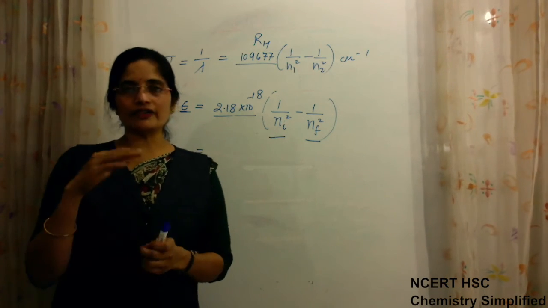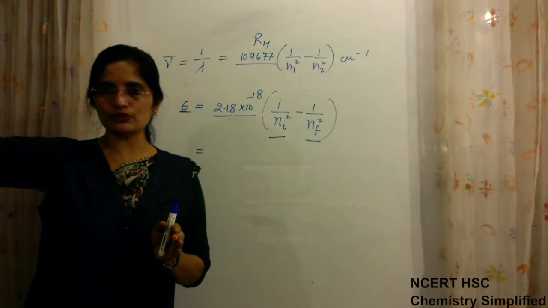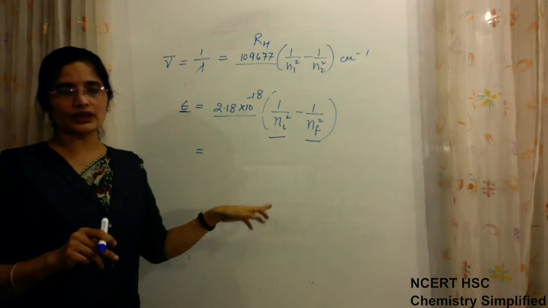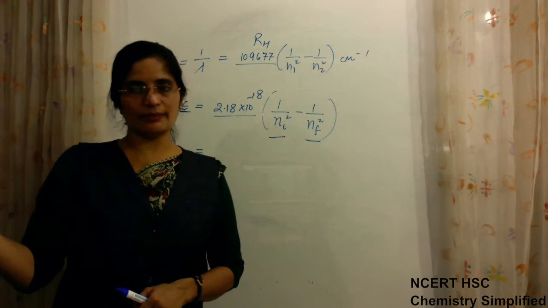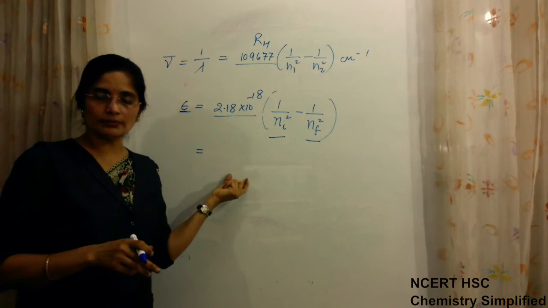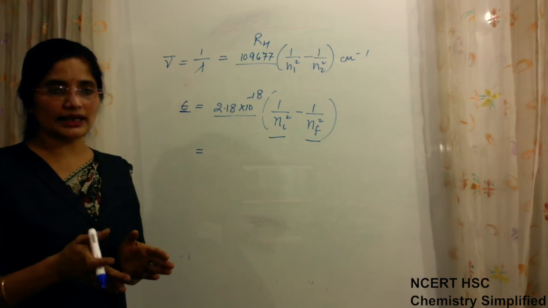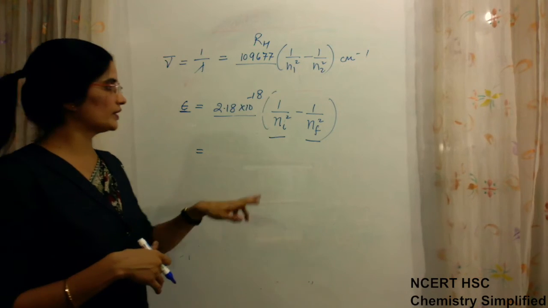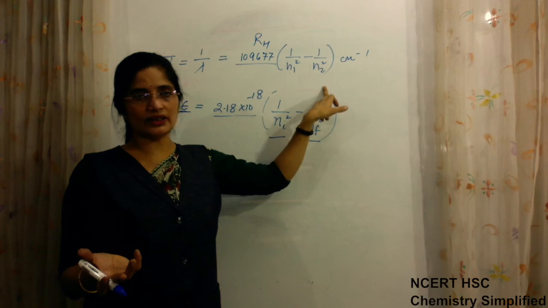If an electron is jumping from the ground state to a higher level, it is absorbing energy. That time the energy answer should come out positive after solving. If an electron is in a higher energy level and comes back, emitting some light, then the energy answer should come out negative. So to know whether the spectrum we are getting is an absorption one or an emission one, we use Ni and Nf, not N1 and N2, because N1 and N2 are fixed.